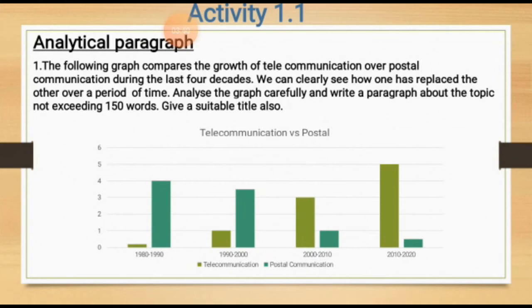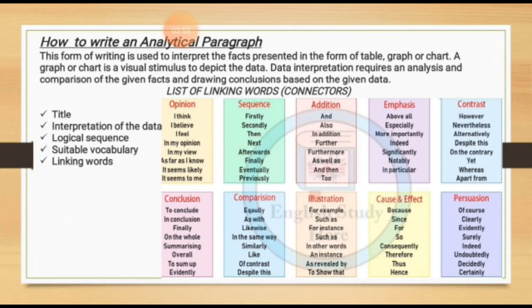paragraph. So there should be a logical sequencing for that, and then you have to use suitable vocabulary and linking words. So paragraph writing means it may not be a single paragraph. Since it is a question for 10 marks, you can include a minimum of 3 paragraphs interpreting the data. So for each paragraph when you are writing, the first paragraph obviously will be the introduction. The second paragraph should be connected to the first one. So there you can use any suitable connectors according to the meaning. The list of connectors is given here.